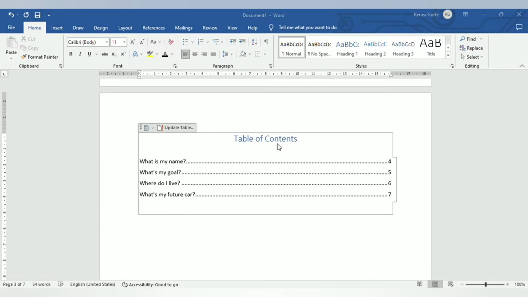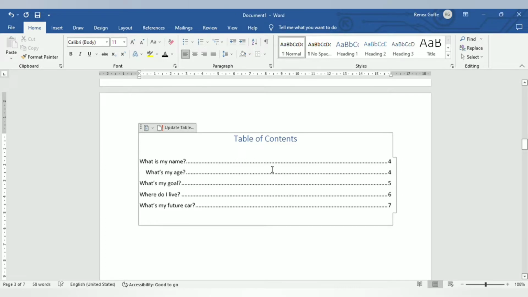I've tweaked the table of contents, so I want to update numbers and the contents, right? I'm going to select number 2, which is Update entire table. Now you can see that it is slightly indented